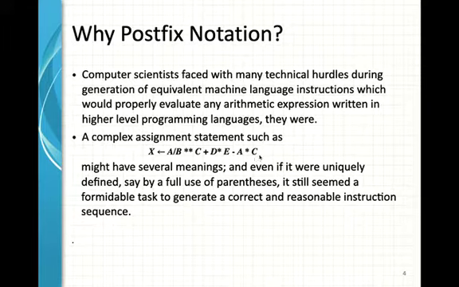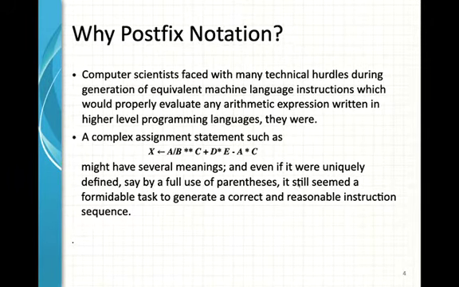If you don't put any parenthesis, it might have several meanings, or even if uniquely defined, parenthesis means the brackets, you know, the brackets.